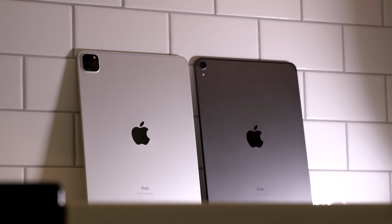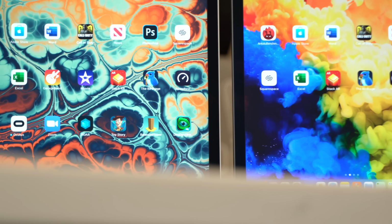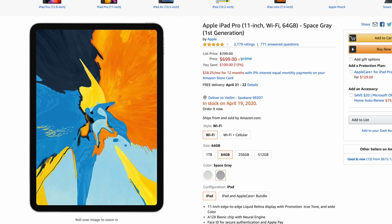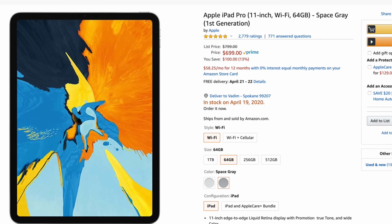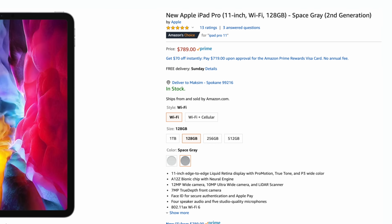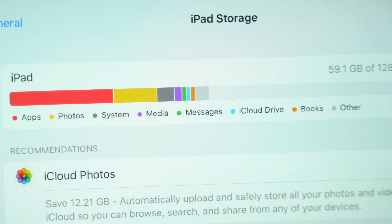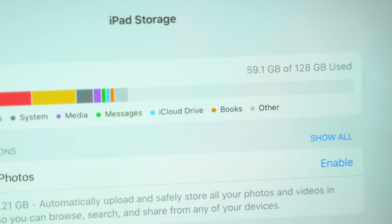Since a lot of these upgrades don't matter very much for a lot of consumers, a lot of people are looking to buy the 2018 iPad Pro on sale instead. Currently, the base 2018 model is listed for $700 on Amazon, which is only $100 cheaper than the 2020 iPad Pro. And the main difference between the two is the jump from 64 gigs of storage to 128. And I personally think that this change alone makes it worth the extra $100,